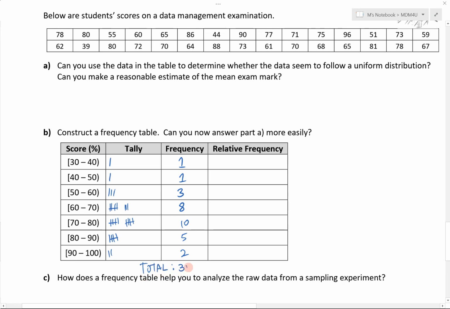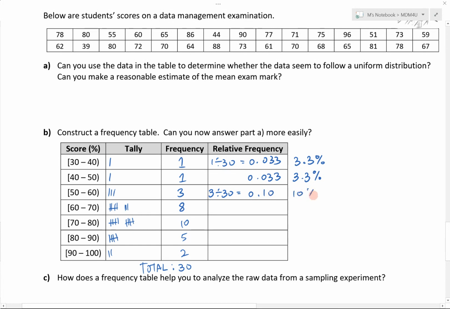So relative frequency would simply be taking the frequency, 1, divided by 30, and I would get a value of 0.033. And you can treat relative frequency like a probability value, which is what we're going to be doing. So 3.3%. Similarly for the next one, it would be the same number, 0.033, which is also 3.3%. Next one, 3 divided by 30 is equal to